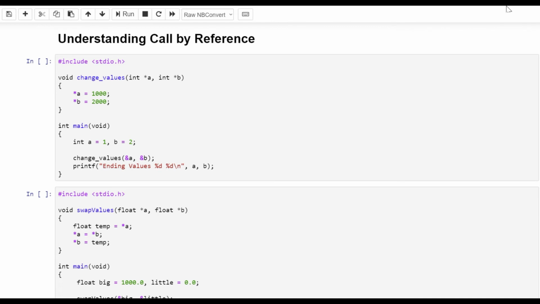So how does our calling sequence change within main? In main, we declare the variables A and B. We assign them the value 1 and value 2. That's pretty straightforward. Then we call our function. Because we want to change the value of a parameter, we need to pass our variables by address. So we use C's address operator, that ampersand. And so we pass ampersand A, the memory location of our variable A, and ampersand B, the memory location of our variable B. And so we're passing pointers to the locations in memory, so our functions can change the values of those locations in memory. So when we run this program,